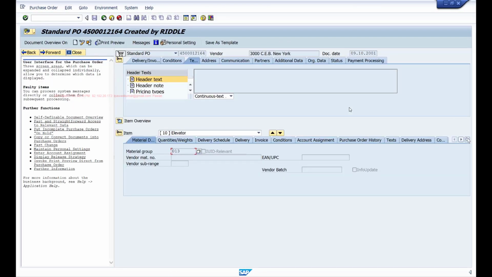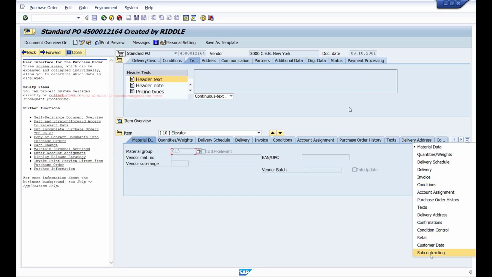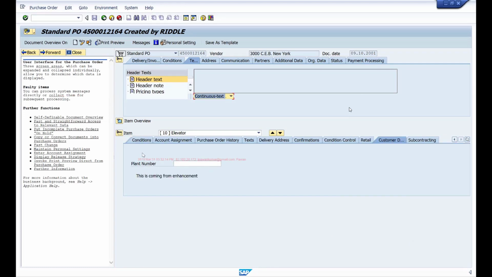So here if you see, we have this new tab added, customer data, and if I select this, here if you see, the fields we have added are appearing here. So whatever data I input here will be saved in that extra field we added to EKPO table, right?